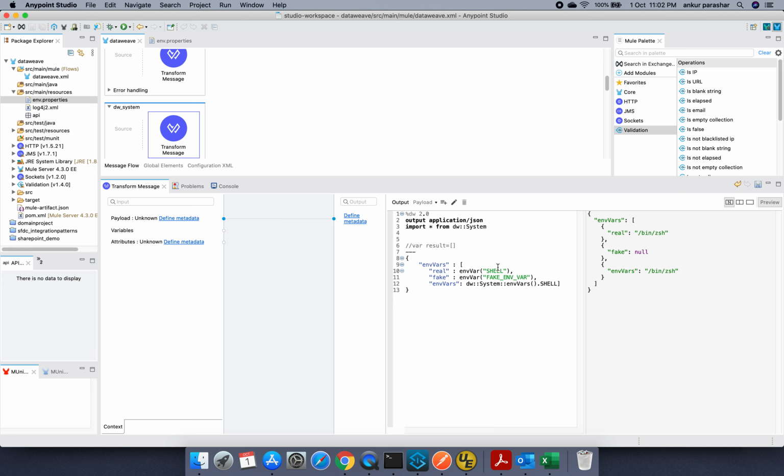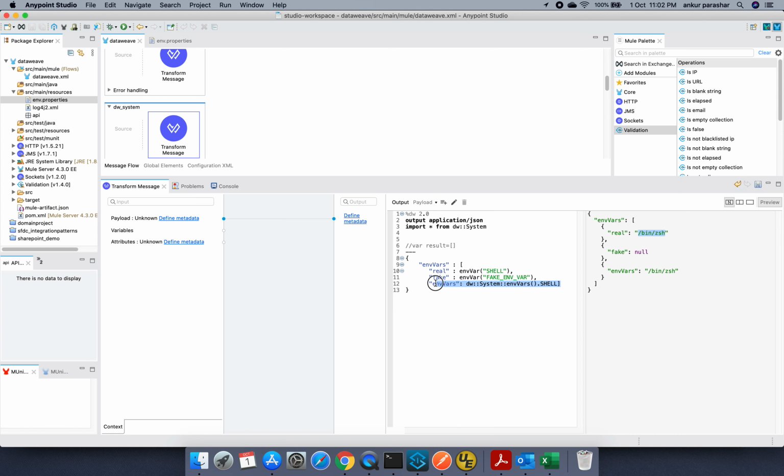Now if there is a variable which is non-existing, then it will return null. If it is an existing variable like shell, it will return the exact value of it. Maybe in a Windows system it will return something else. And there is another way to retrieve the value of the environment variable shell, DW system environment dot shell. This is very common in our Java invocation method as well. So the third one and the first one are more or less the same.